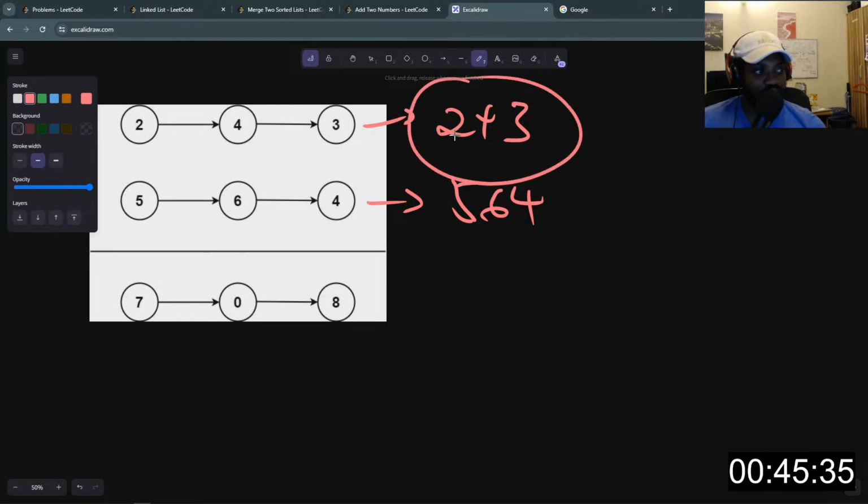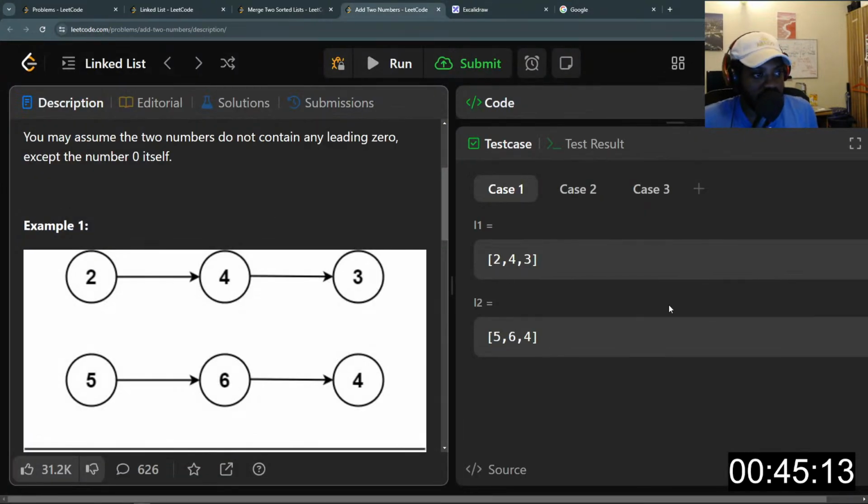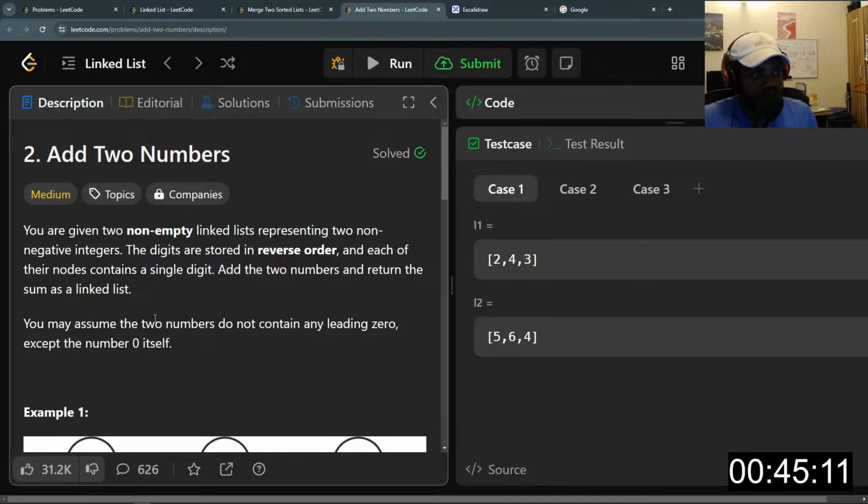The original digits, the integer that this linked list is made with, right? And each of the numbers in this integer was used to form a linked list. So we create nodes with the values from this integer. Now, the second part of this says the digits are stored in reverse order, and each node contains a single digit. So meaning